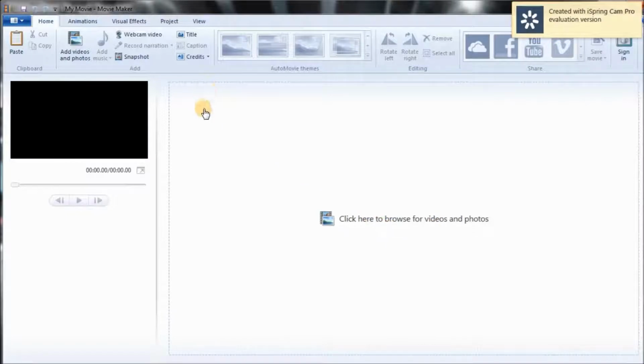If you are familiar with Microsoft Word, these are all tabs: home, animation, visual effects, project, view. You can also upload your video to the software through this button. You can get your audio through this button and so on. So let's get started.